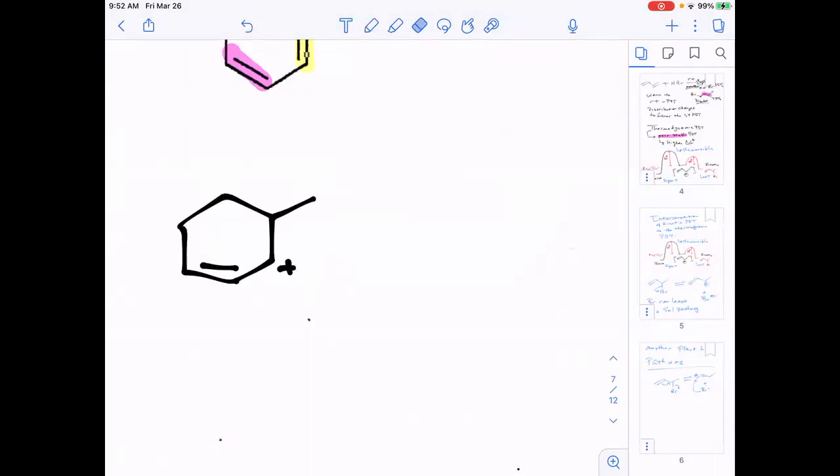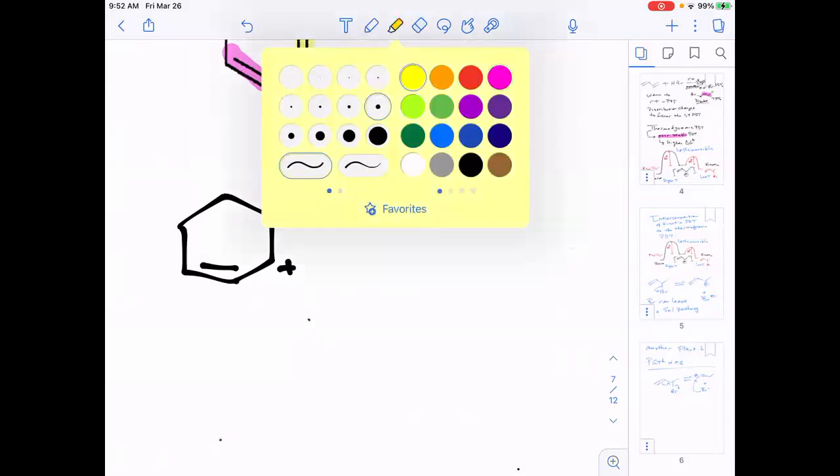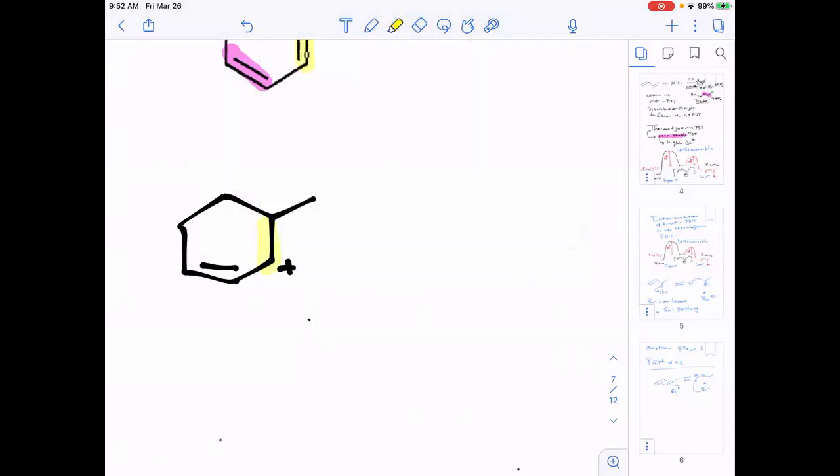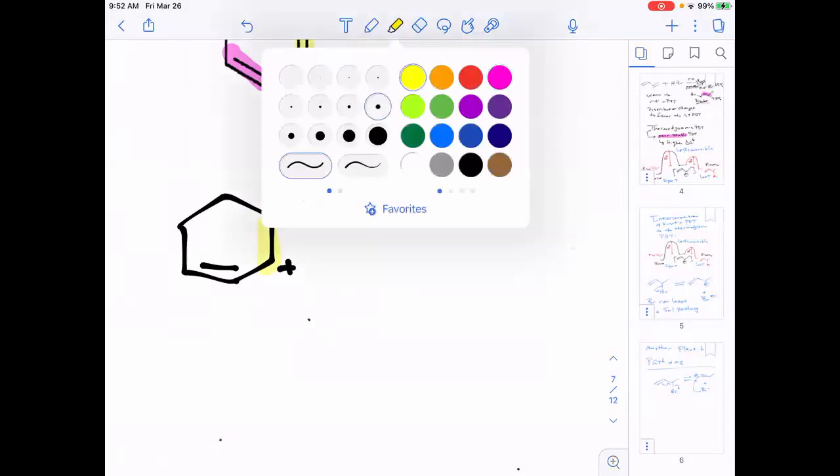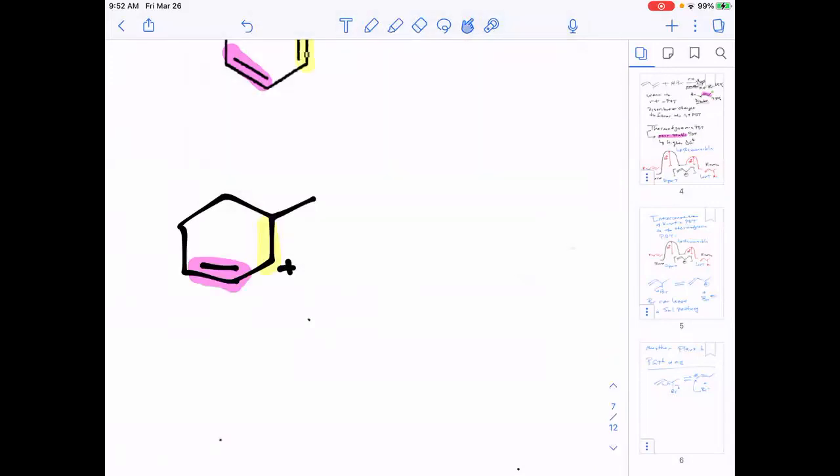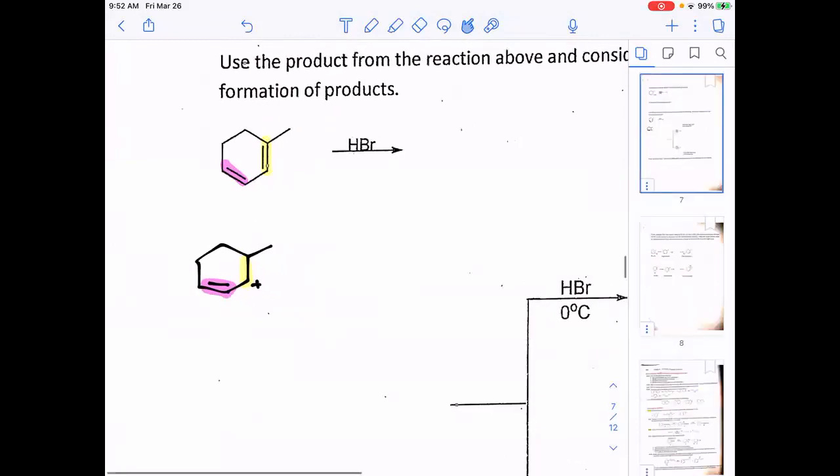That's the intermediate for if we react the alkene. I'm gonna put the highlight back in yellow so you can know that. We react that alkene that's highlighted in yellow, that part of the diene. That'll be my intermediate plus Br. And then if we reacted the one that's highlighted in pink,